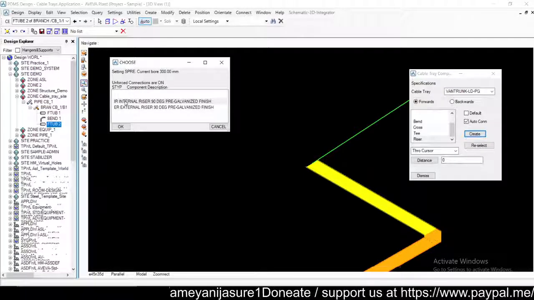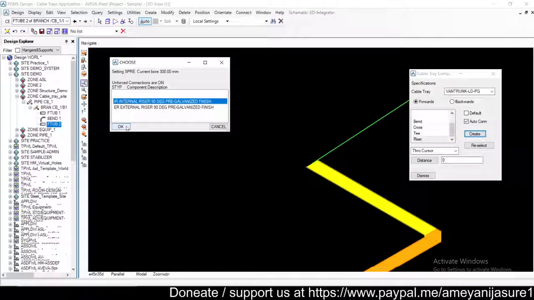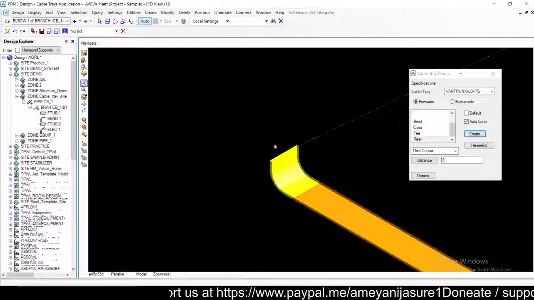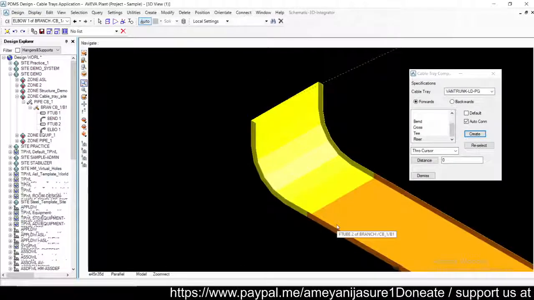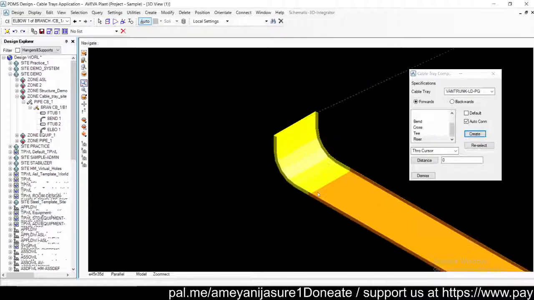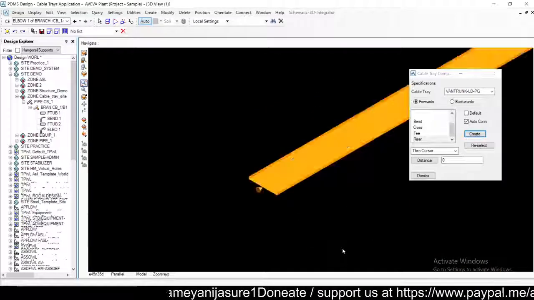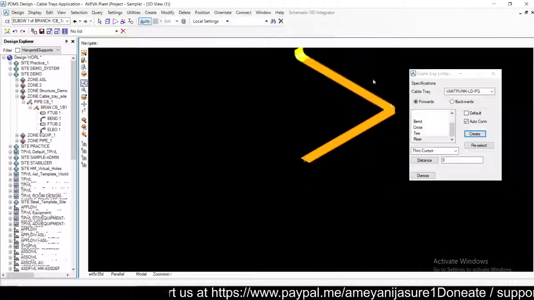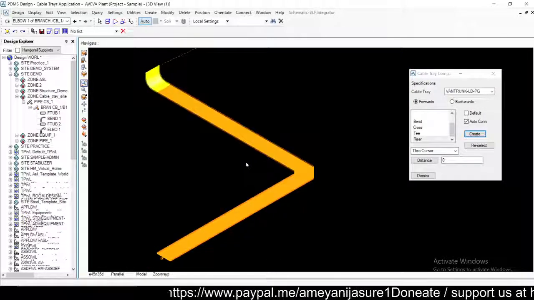So what is this internal and external riser? Let us go with the internal riser and I will say okay. If you see, my cable tray is going up. Here we need to understand the opening side of the cable tray. I am starting the branch from here, so my opening is on the top, so my cables will come on my cable tray and we will move those cables along the cable tray length.